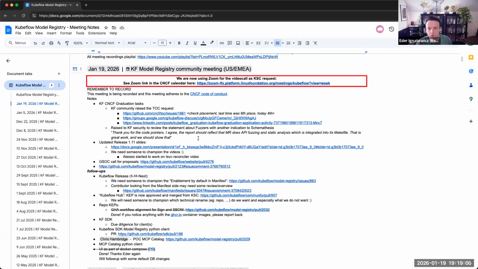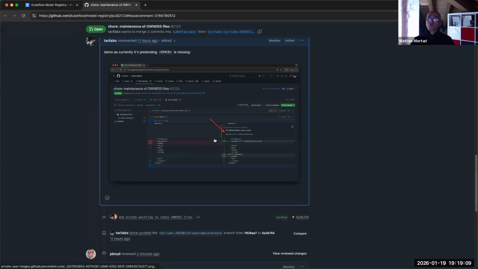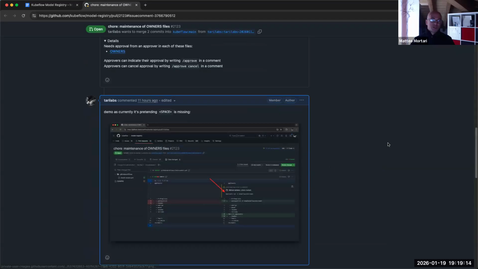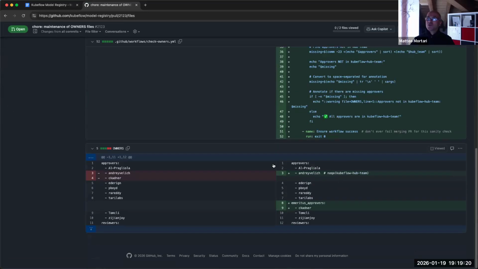So the next item. Shall we merge the pull request from the owners? My question is if I can get some people to vote on it to say looks good to me, looks good to me, looks good to me, like Paul did. So thank you so much, Paul. I would appreciate that because I'm not concerned about the workflow. I don't want to be the only one saying, hey, these three people are emeritus. So if people can just say looks good to me, and maybe tomorrow, as you start working, you do the looks good to me approve. You should be allowed to do that. Fantastic. All right.